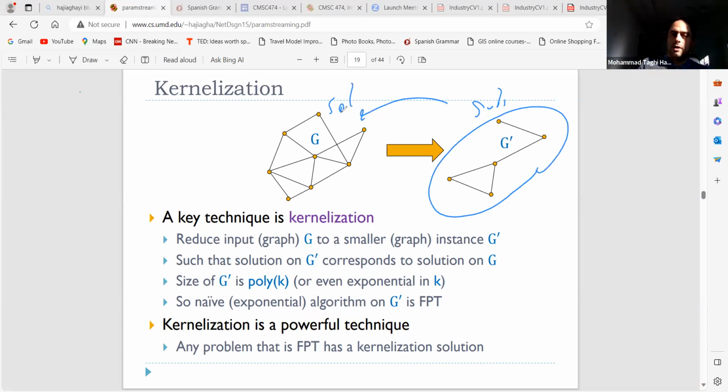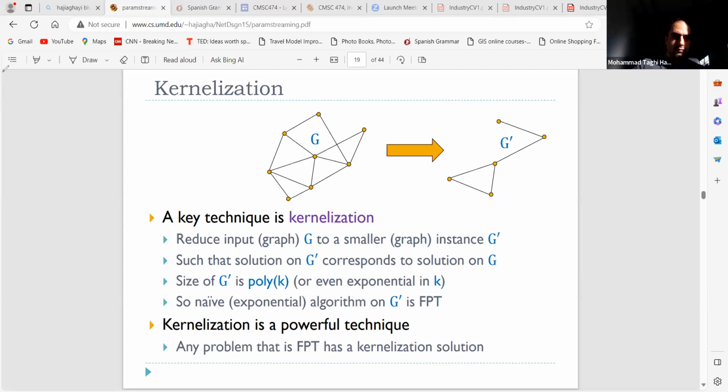And as I mentioned, if you can get this graph of size f of k, then everything would be easy, because then in 2 to the f of k time, you can essentially search and find the solution for the original graph. And as I mentioned, actually fixed parameter tractable and kernelization are equivalent. This is the one that we discussed in the other class, algorithmic lower bounds. The videos are available on YouTube as well. Good, so that's about these things.